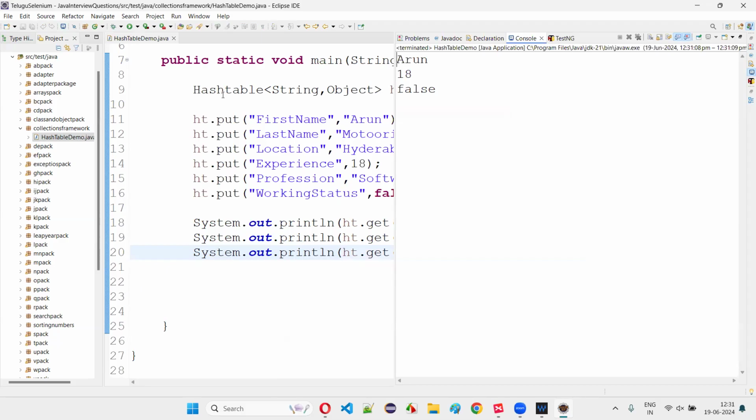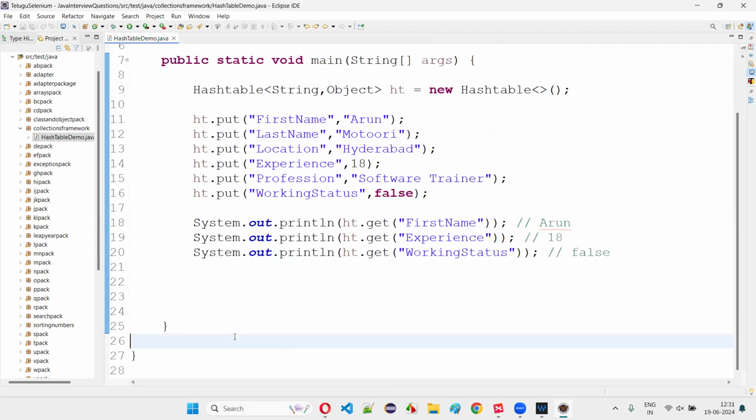Okay, but it is a legacy one, guys. The current modern alternative for the hash table is a concurrent hash map, which is also thread safe, and it can be used in multi-threaded applications in place of the hash table. This is just a context, guys, on how to use hash table and all. Okay,